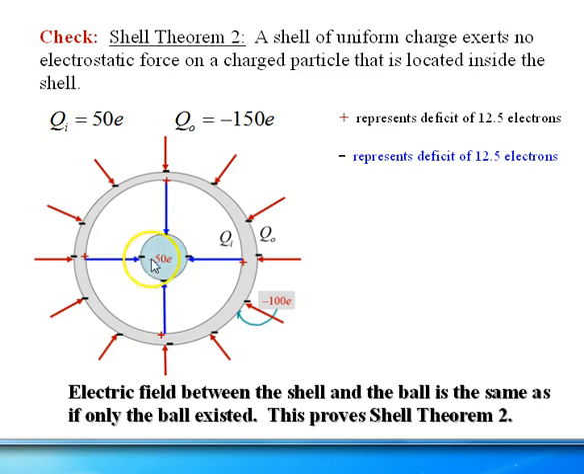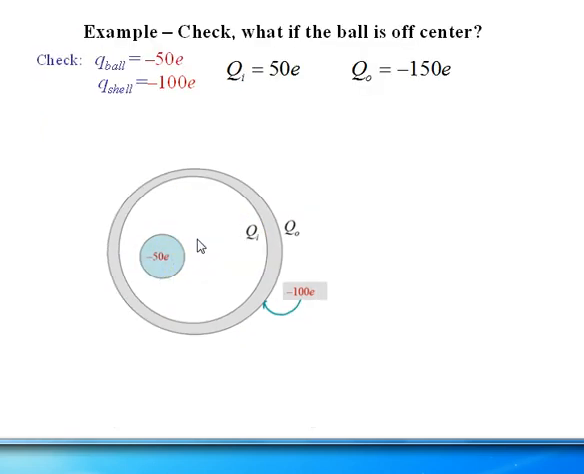Down cancels up, left cancels with right. So that proves shell theorem 2. Well, what if we moved the charge off center? If we move the charge off center, that would not change the electric field at all externally. Our electric field externally would still have the same 12 electric field lines,